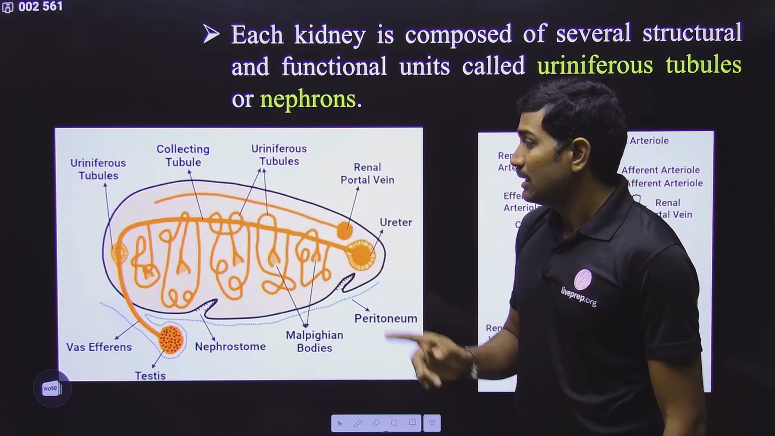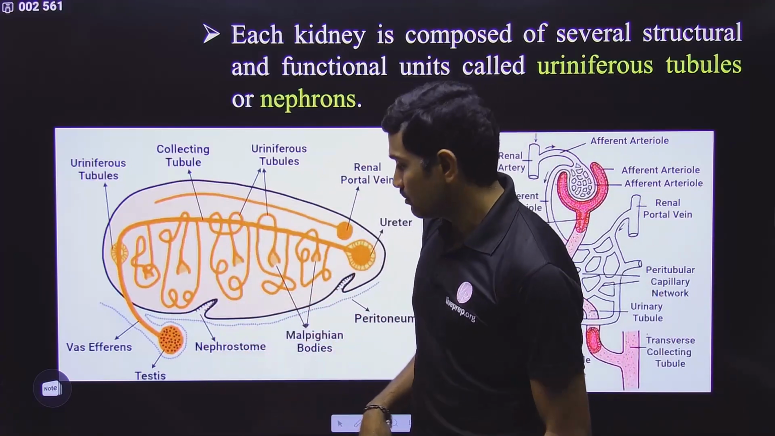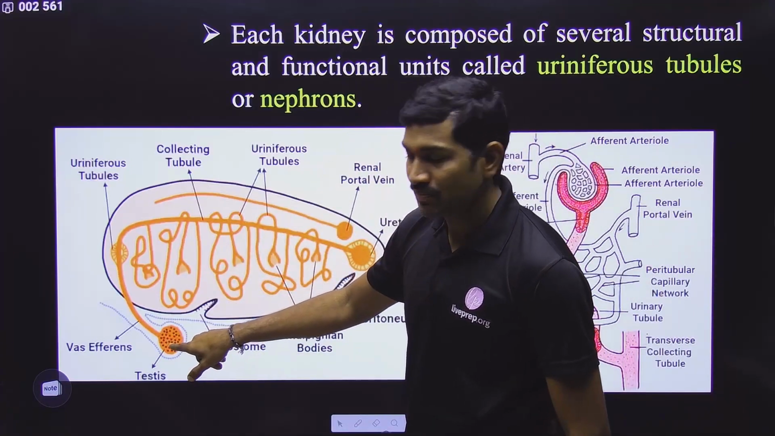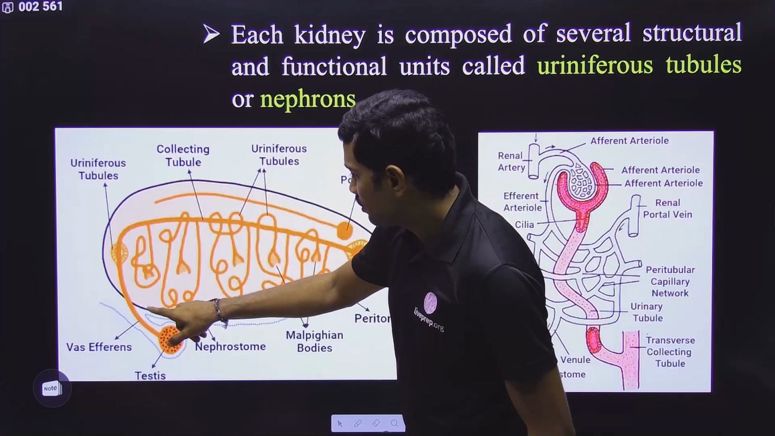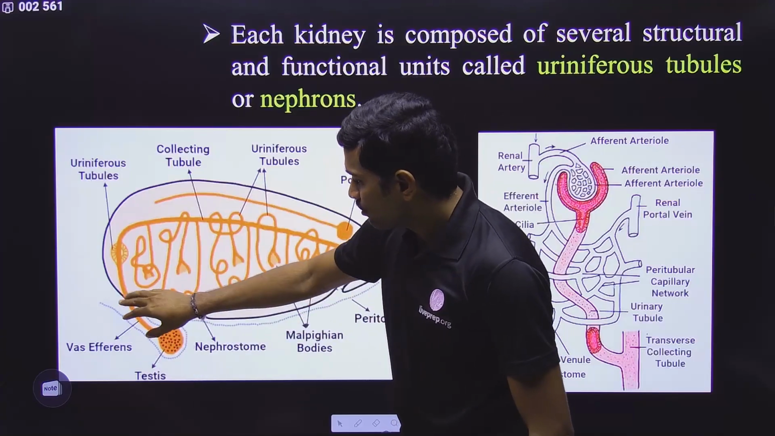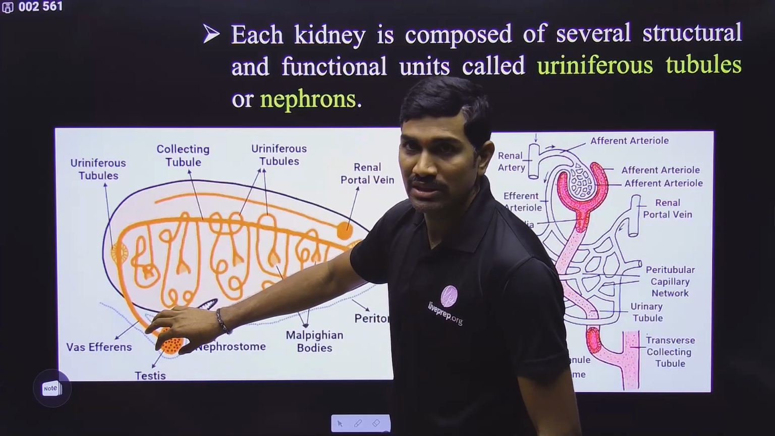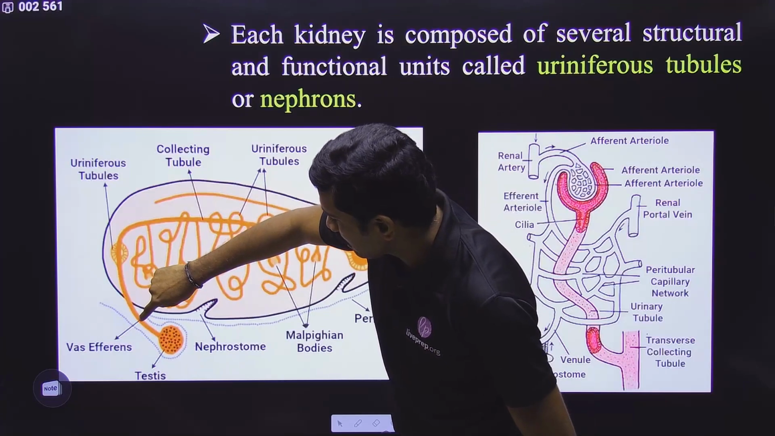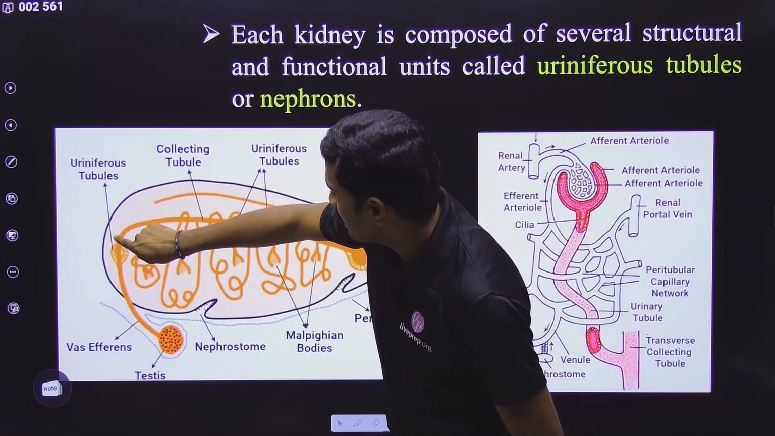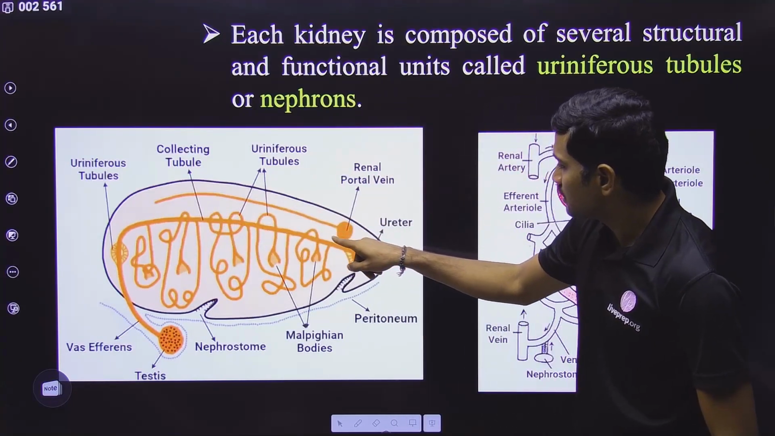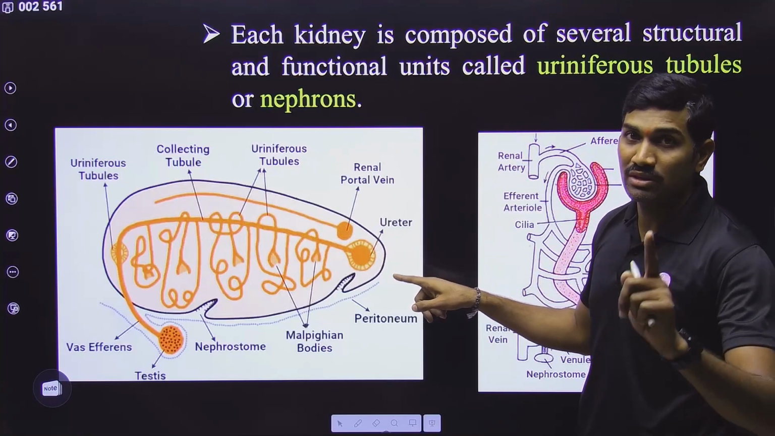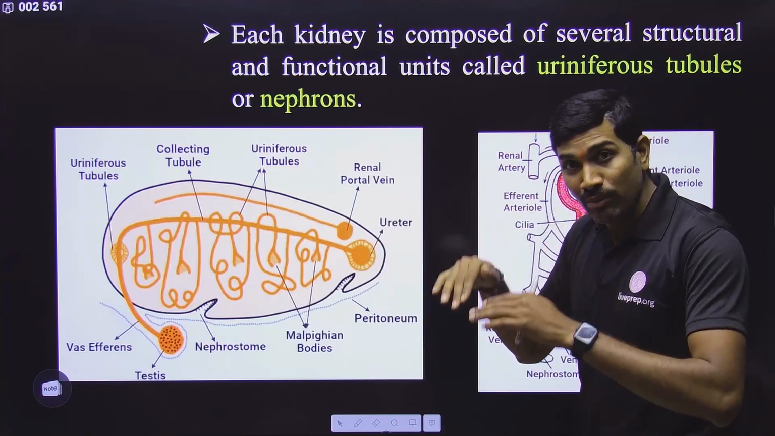Clear? Fine. But in the case of male individual, observe carefully, here are the testes. And here there is a peritoneal membrane. So in the double fold of this peritoneal membrane, testis is present. And this testis through vasa efferentia or vas efferens is again connected to the ureter only. So please observe the diagram. In the case of male frog,